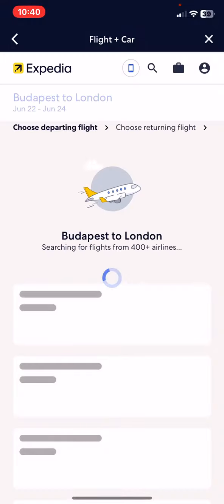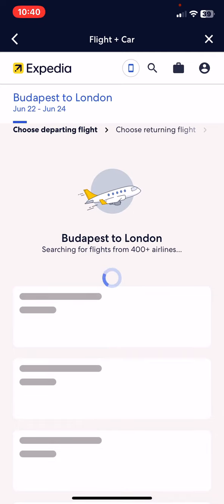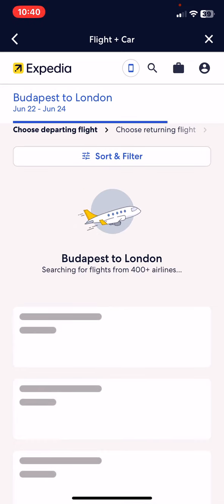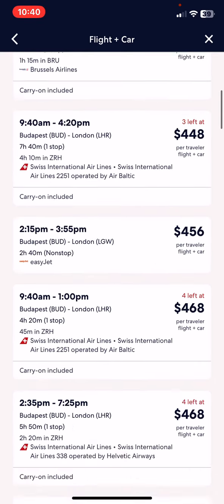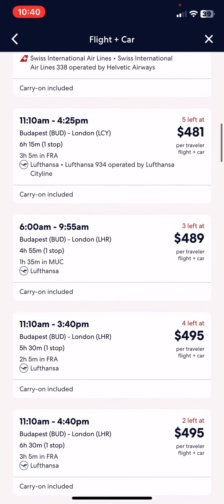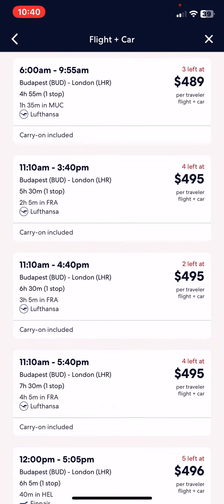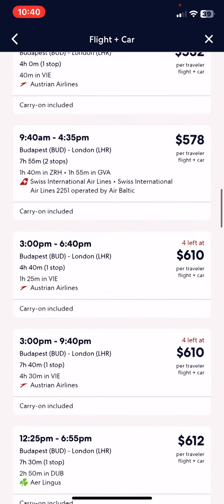and it usually takes a couple of seconds, but the application is searching for the best options. And as you can see, these are the bundles that you can have. So if you're interested in any of them, then just